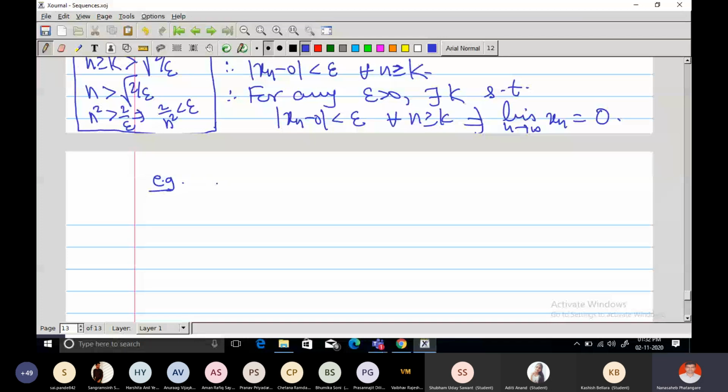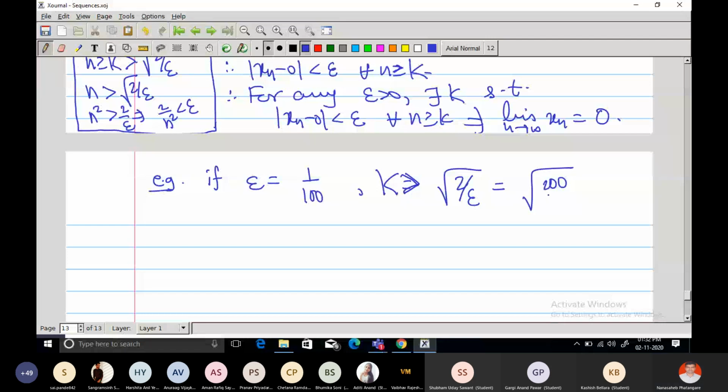In particular, if epsilon is equal to 1 upon 100, for example, what is k? Can you tell me what is k? k should be greater than square root of 2 upon epsilon. What is this? 200. Am I right? What is 2 upon epsilon? 2 upon 1 by 100,